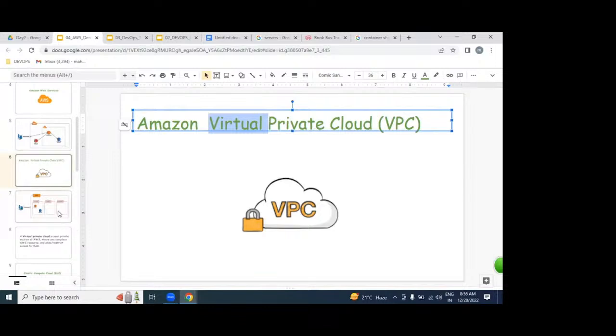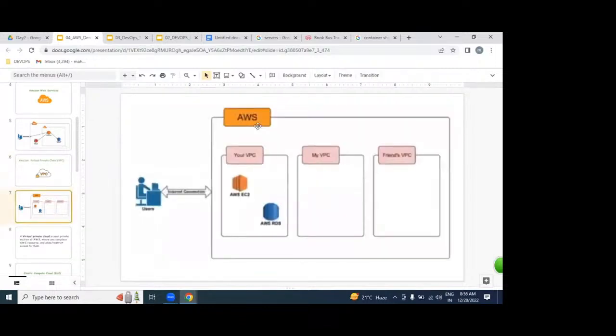For example, anybody, you or me, can get into AWS, but we can have a private network, private sections. So your VPC, my VPC, your friend's VPC. Example: can anybody get into a TCS or HCL company's laptops or servers from the outside world? Is it secure or no? The same way, we can get that kind of network in the cloud also.